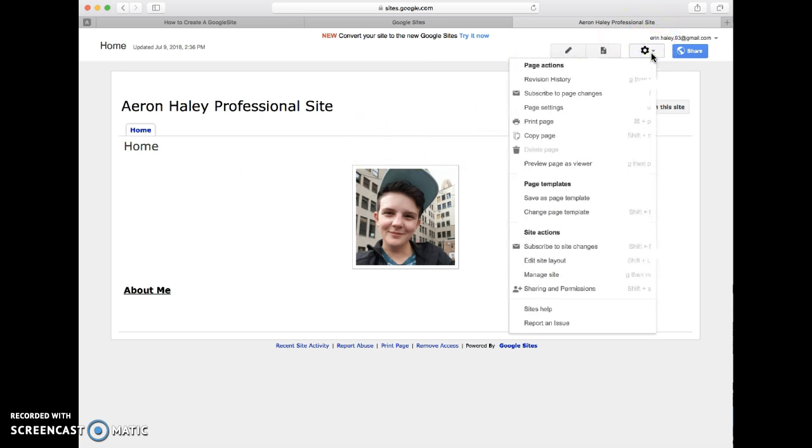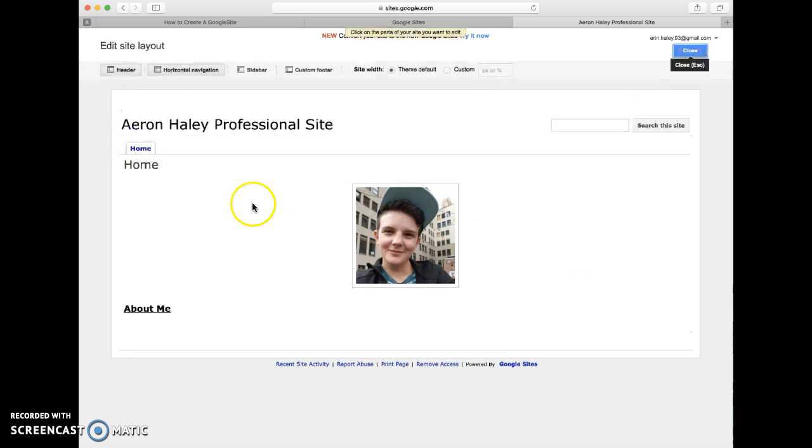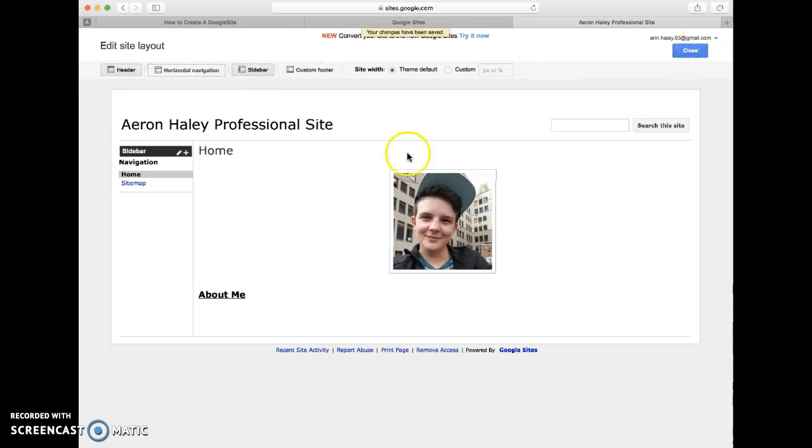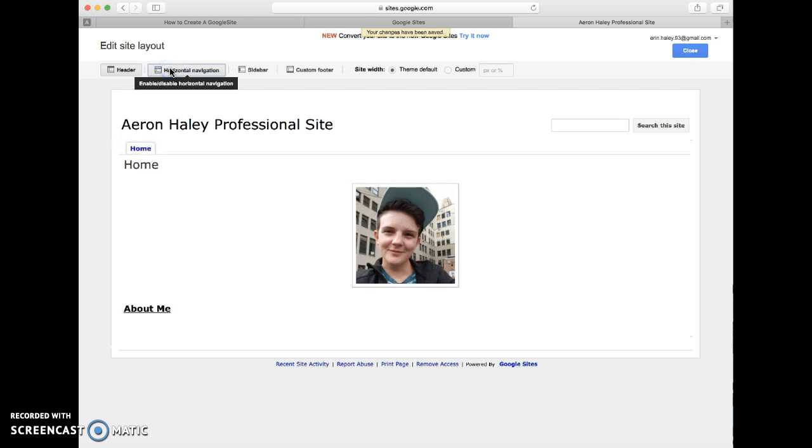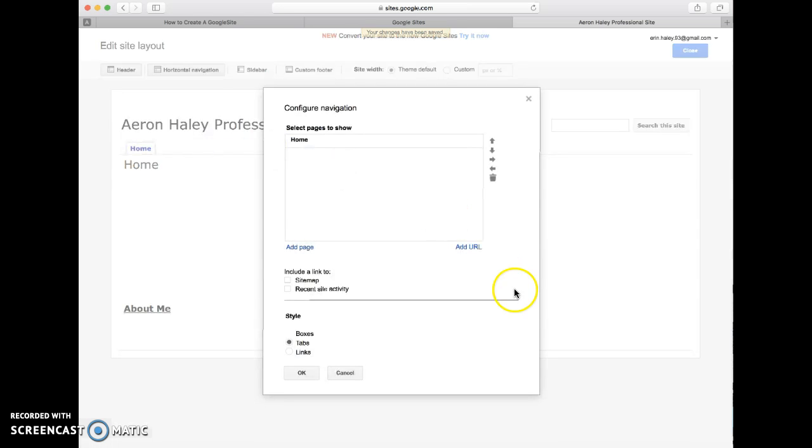And real quick, I want to show you something. I want to show you how to change the navigation in this. So go to manage site. I just showed you how to get there. This is what your site defaults to. So you have the sidebar here for navigation and all that good stuff. We're gonna change that. We're gonna change from the sidebar. We're gonna go to horizontal navigation, and it'll come up with a